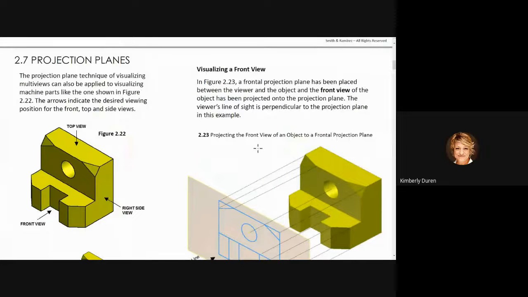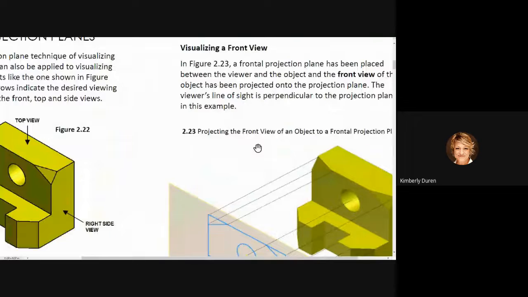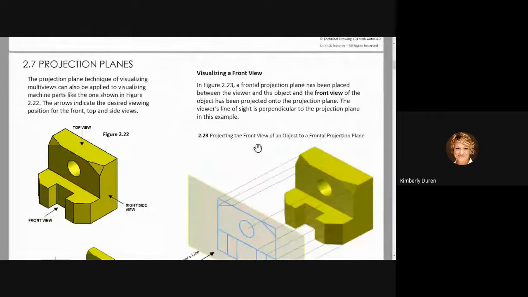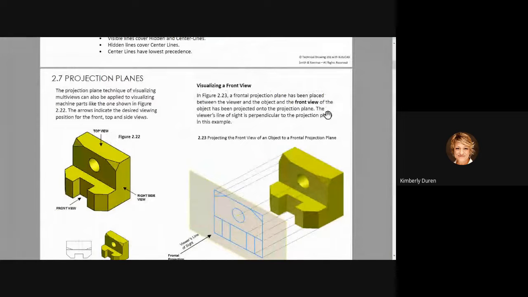All right, so now we're going to talk about planes. And why are we doing that? A plane, we have multiple planes on this part. A lot of these